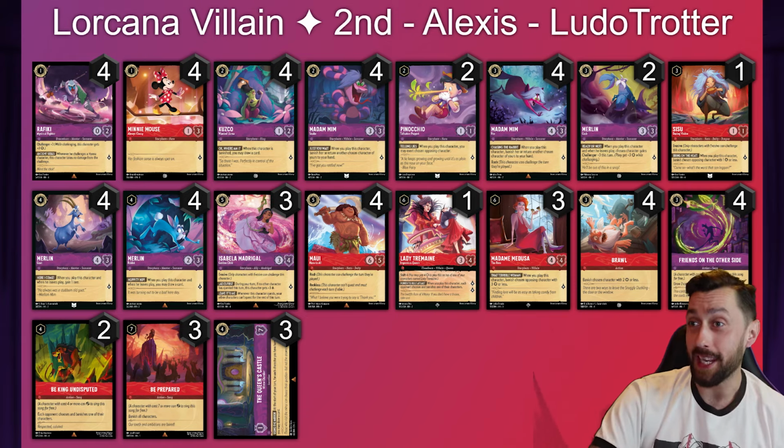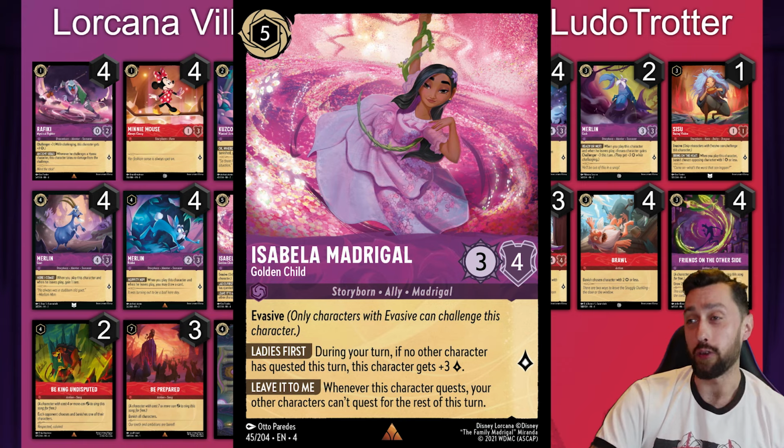And this particular Ruby Amethyst list is running the Isabella Madrigal, 5-cost inkable, 3/4, quest for 1, evasive, love to see it, and then 2 abilities. Ladies first: during your turn, if no other characters have quested this turn, this character gets +3 lore, so she quests for 4. And Leave It to Me: whenever this character quests, your other characters can't quest for the rest of the turn,